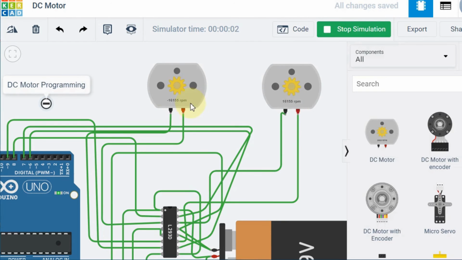Okay, so now we'll check the simulation. See, it is in reverse, because the pin number I have given here is different, and here it is different. If it is running clockwise, it is anti-clockwise, and vice versa. So in this way we can code anything for the DC motor. The clockwise and anti-clockwise control can be easily made by this combination of program and a hardware circuit.